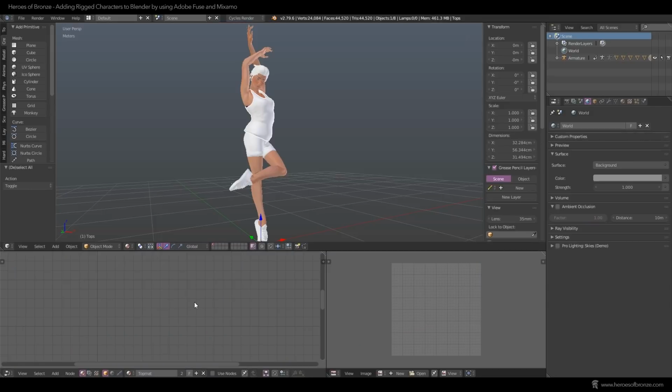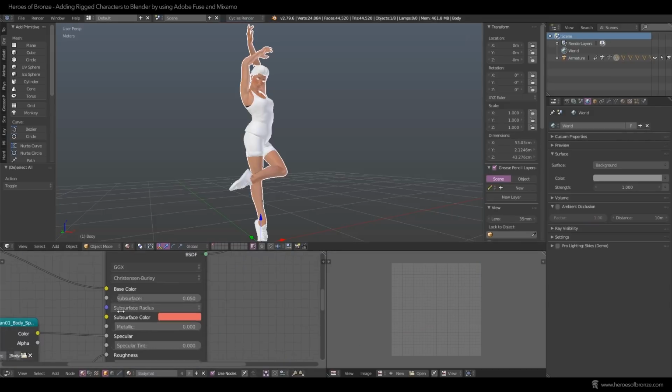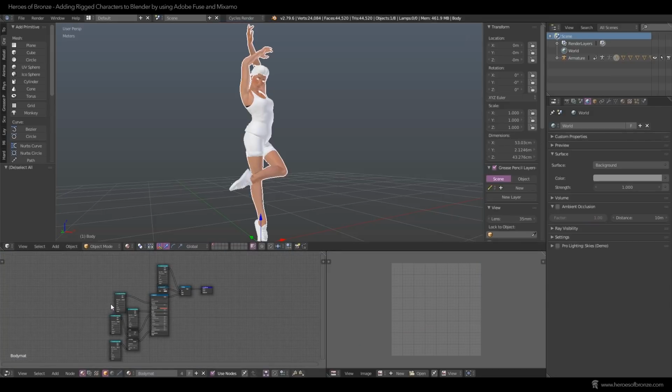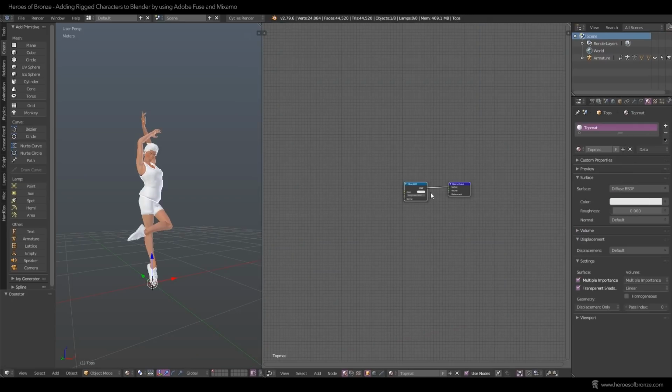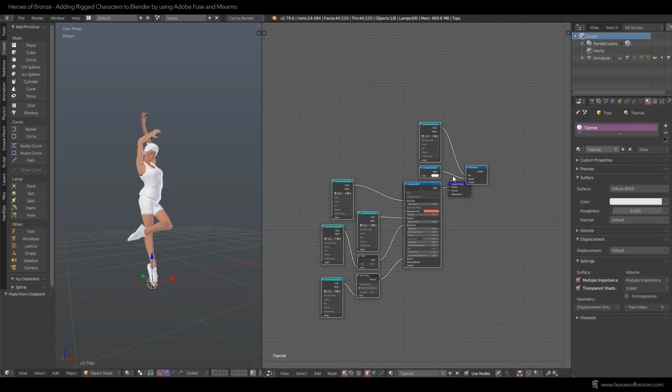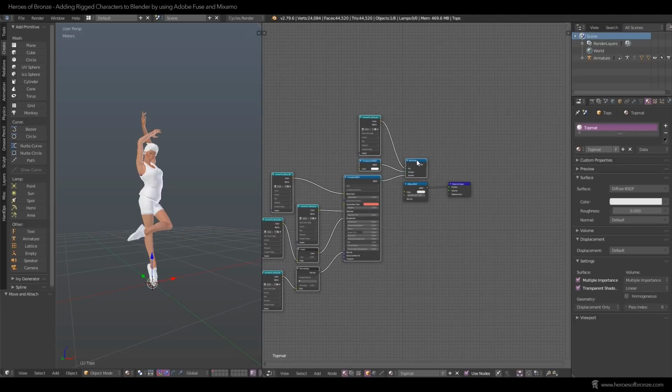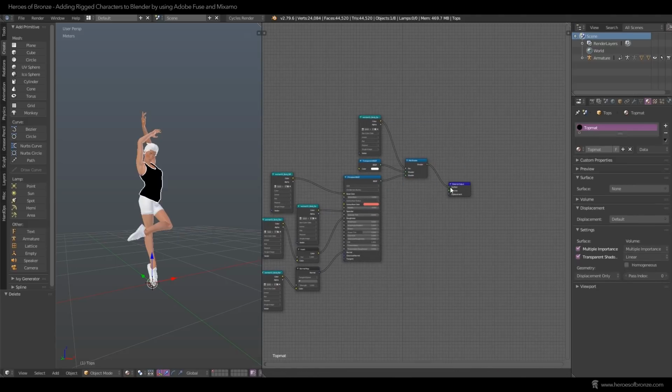Of course, we don't want to set up this structure for all our materials, so let's just select the node network by hitting B and dragging, and then hit this copy icon. This way we can just select a different part of the character, for example the shirt, and by hitting the paste icon or Ctrl V, add in the whole network into this new shader.